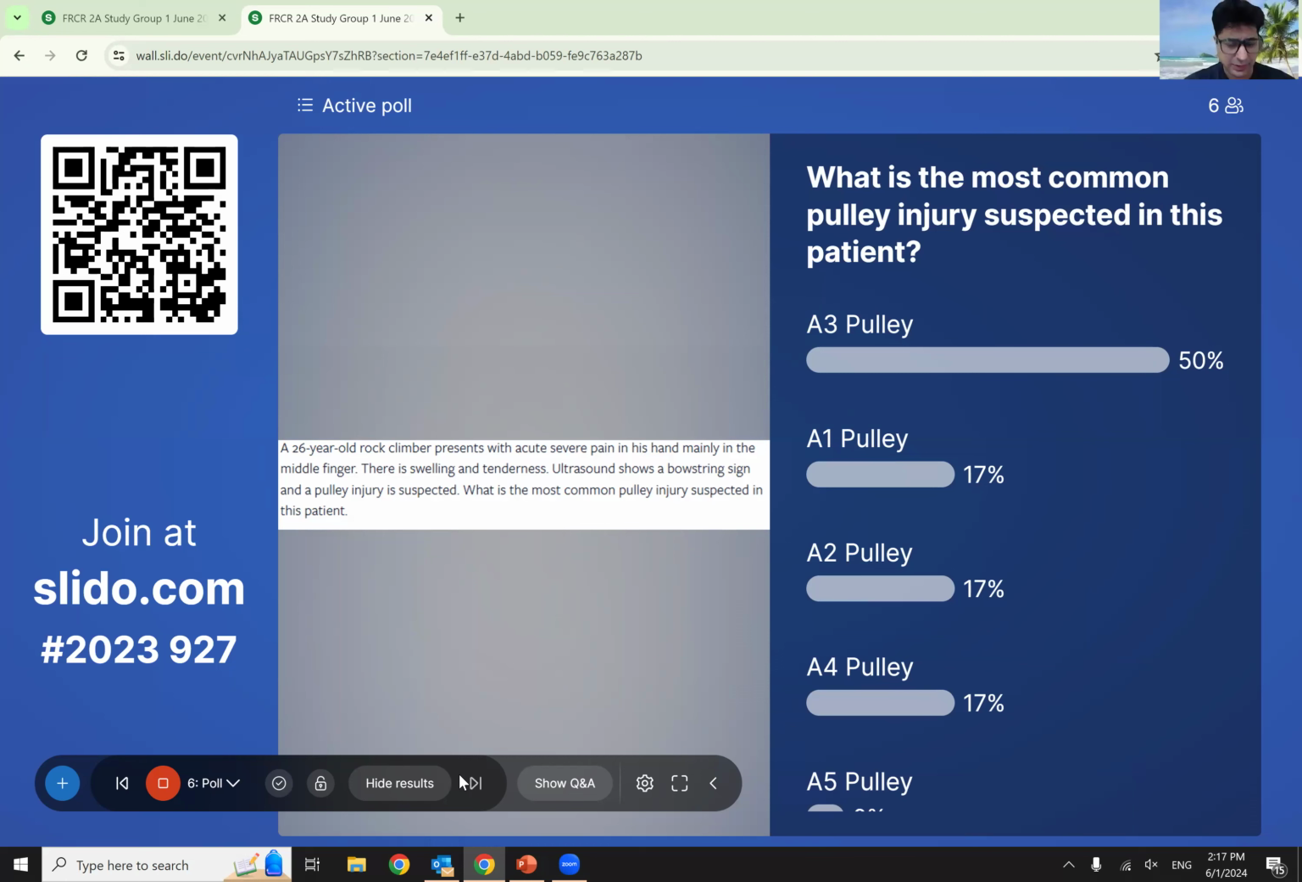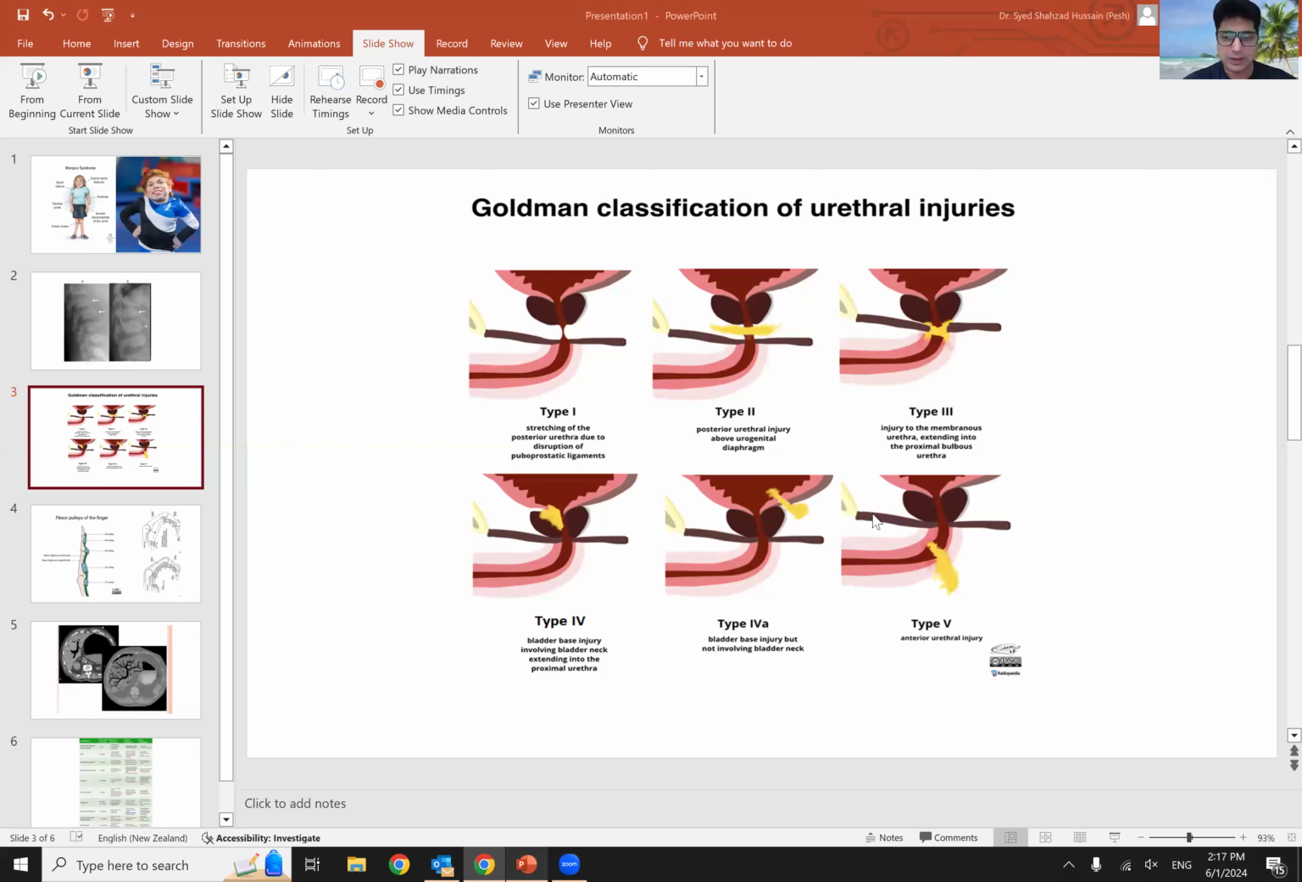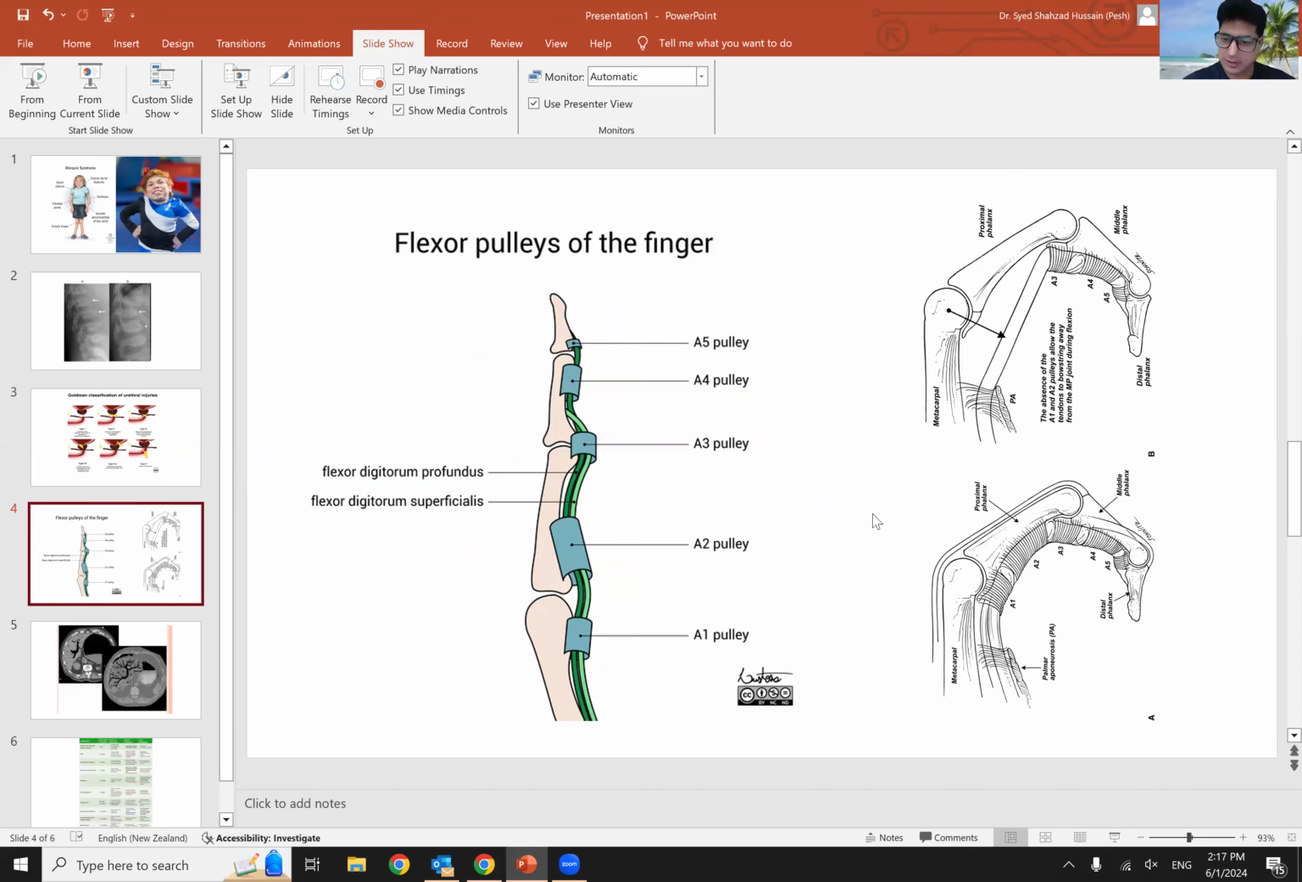So this one, the correct option is A2 pulley, and I'll tell you why. Let's quickly go through the pulleys. Hard to remember, but they're not actually, okay? You've got three pivot points: the MCP joint, the PIP joint, and the DIP joint. There are two pulleys across the MCP joint, there's one right on top of the PIP joint, and there's two across the DIP joint. Easy to remember. Now you can easily remember where the A1 pulley is, where the A2 is, where the A3 is, 4 and 5. And their job is to keep the flexor digitorum superficialis and flexor digitorum profundus